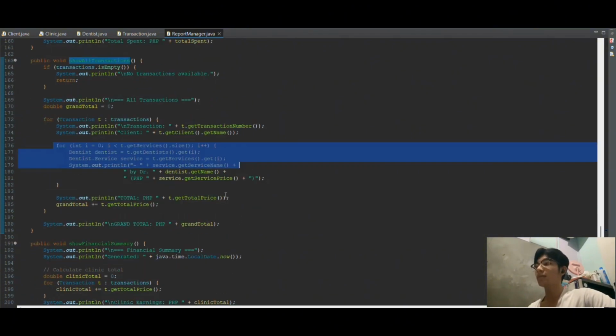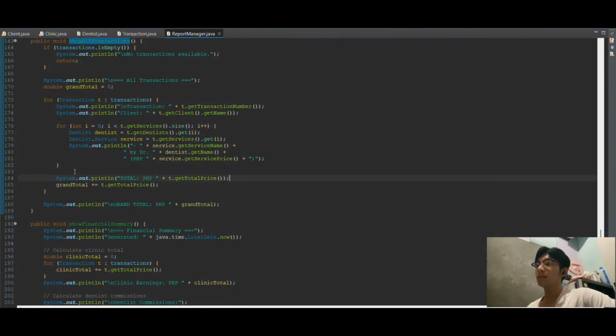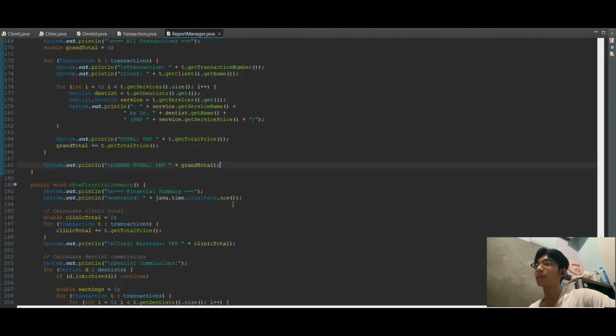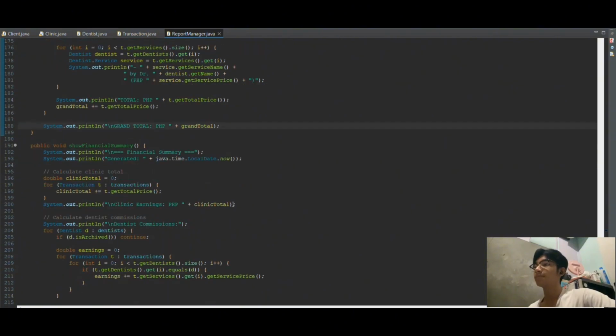Then after that, there is a print for total, or it will display the transaction total and add to the grand total, which is this part, grand total PHP plus, or then finally the last method named show